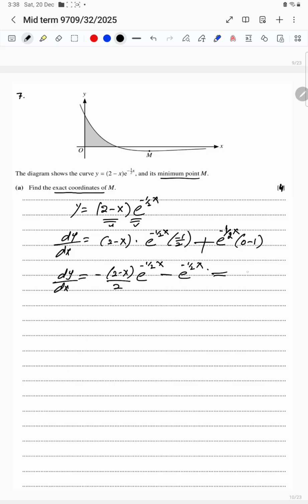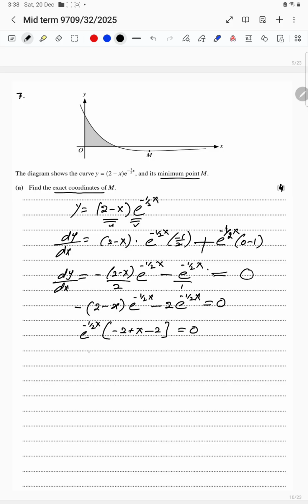So now equate this to 0. So I can have 2 minus x e power minus 1 by 2x, and I am taking LCM 2 as well. And taking the other side as minus, so 2 e raised to minus 1 by 2x equal to 0. What I did, I just multiplied each term with 2, so it's minus 2 e power minus 1 by 2x. I can take common e power minus 1 by 2x, so minus 2 plus x minus 2